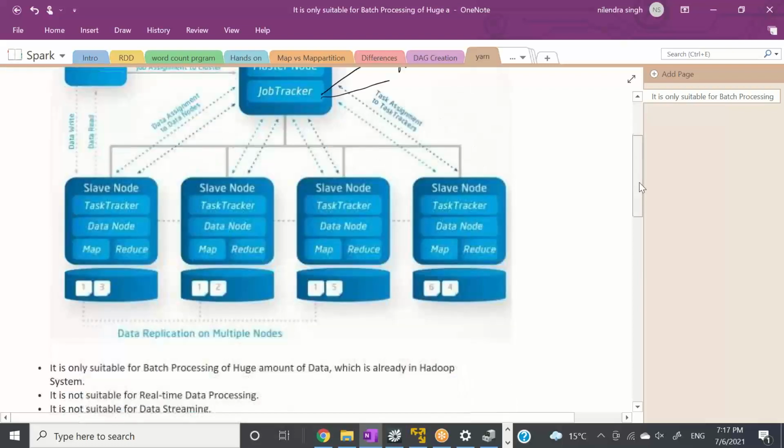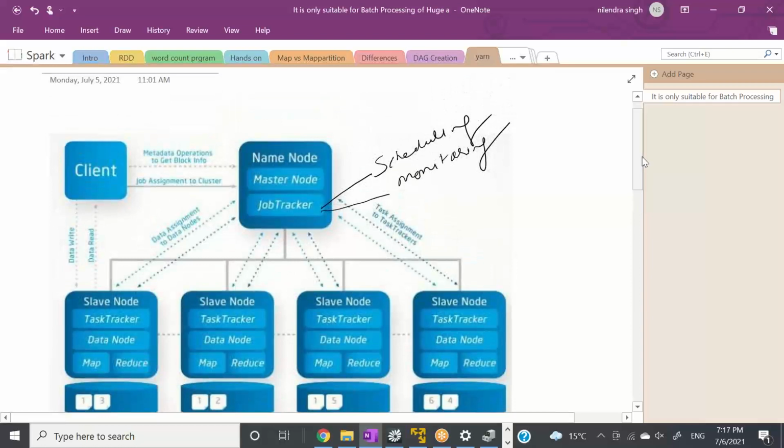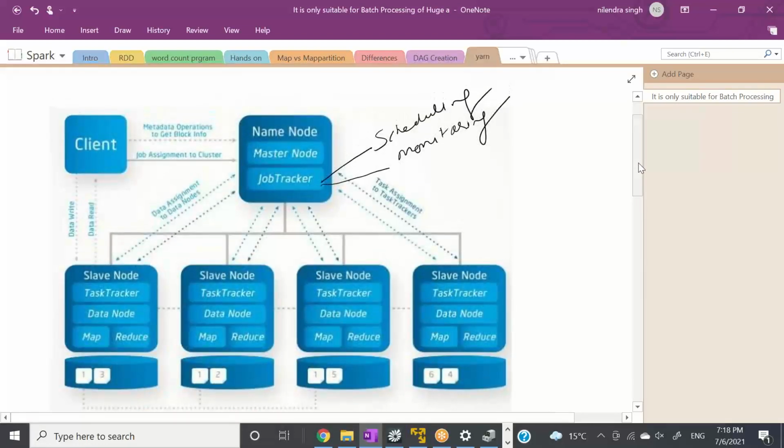Inside that, obviously, the same thing we need to do. We need to schedule the jobs. We need to track the jobs. We need to monitor the jobs. We need to have some resource negotiation. Same thing needs to be done, right? So the component for that is the job tracker, which runs on the name node. Obviously in HDFS, we have name node and data nodes. So we have two components. One is called job tracker and one is called task tracker, right?